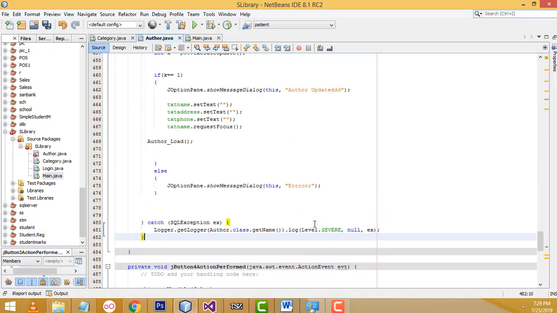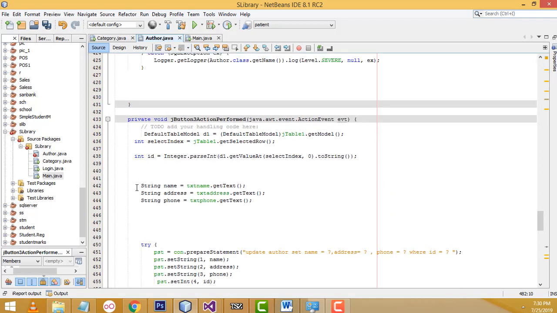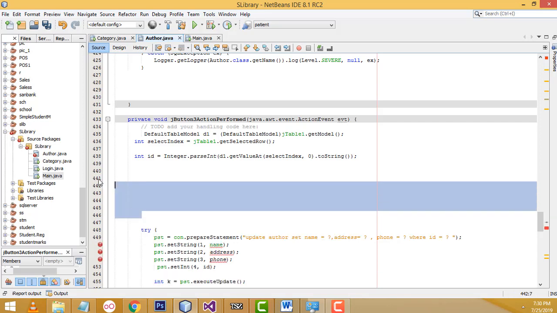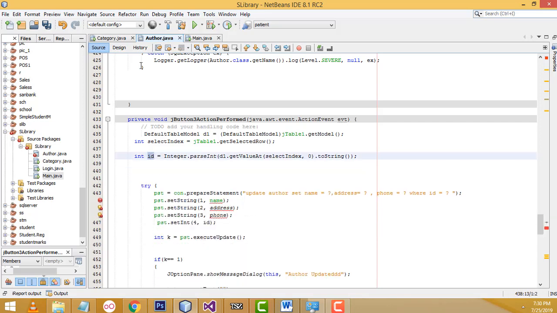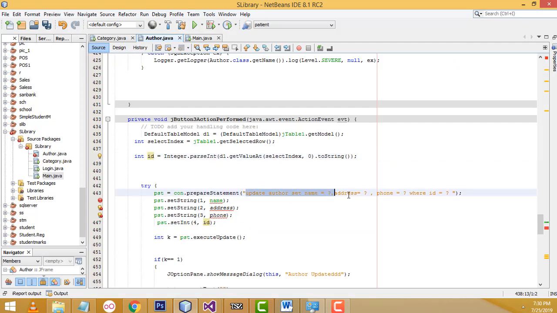After that, we no need the text fields because I need only the ID. If you click this record, get the ID and delete the row. So here we have to write